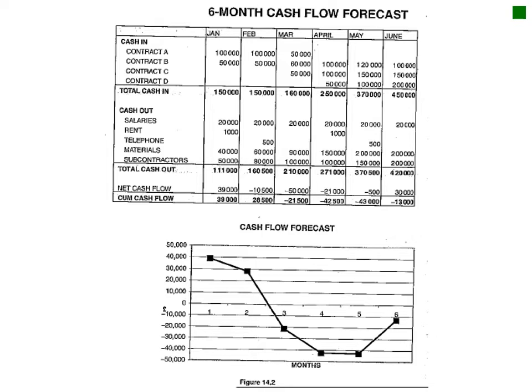We've got this example of 3 contracts, contract A, B, C, and D. In January we've got an inflow of 100,000 and then 50,000. February the same, March the same. We've got 50,000, 60,000, and 50,000. In April we've got 100,000, 100, and so forth. Okay, so this is just broken up into that, and then this is now that same townhouse development but for